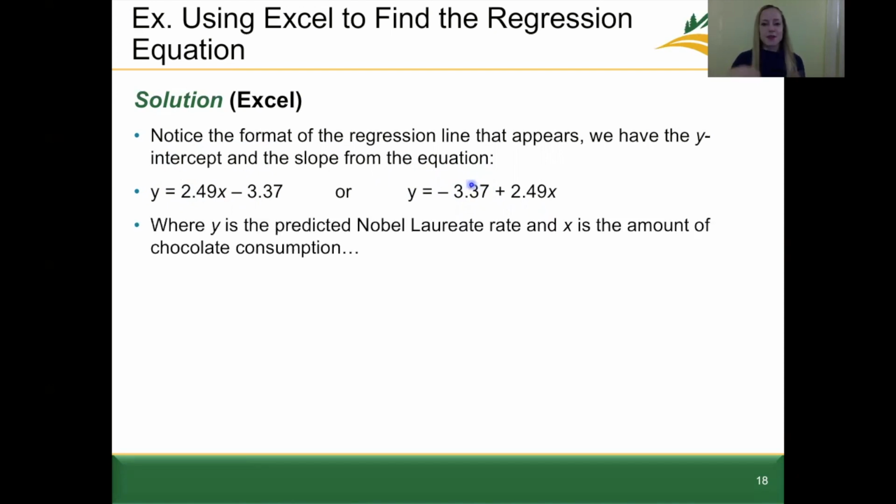Then we keep in mind what the y data mean and our x data mean, where the y is the predicted Nobel laureate rate and x is the amount of chocolate consumption. So to think about this equation in a different way, we could say the Nobel laureates is equal to the slope 2.49 times our x data, which is our chocolate, minus our y-intercept of 3.37. Sometimes it's nice to think about the equation in this way,